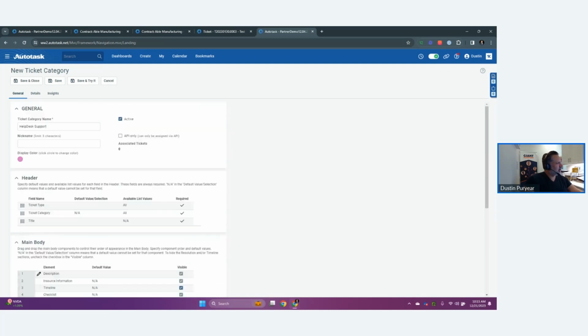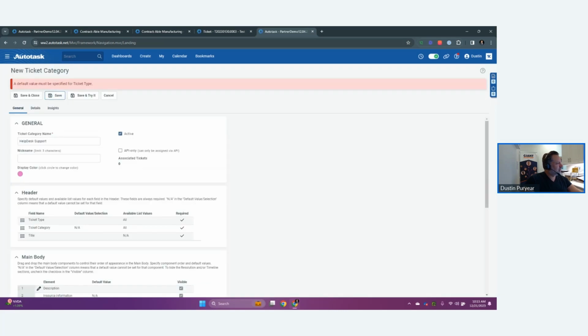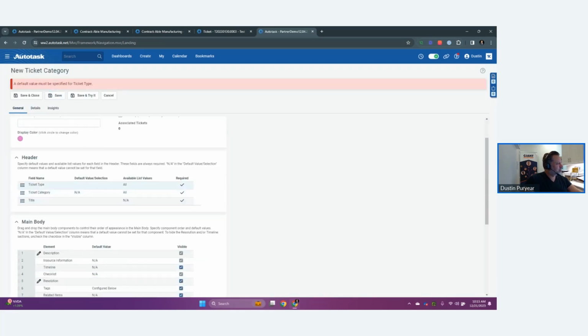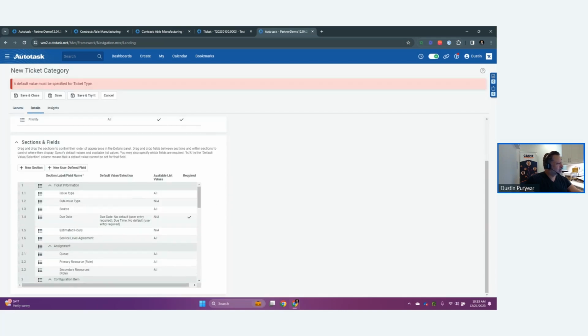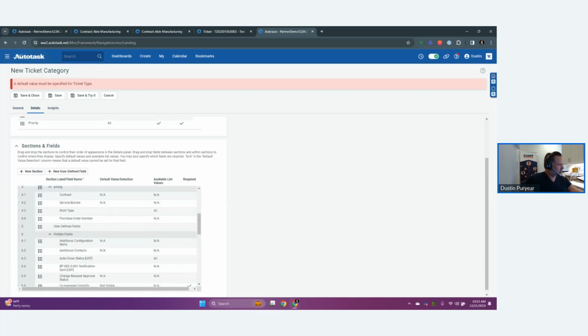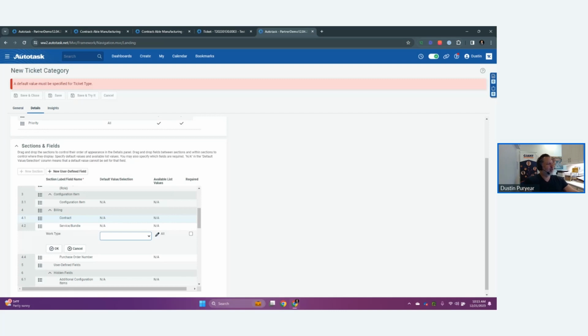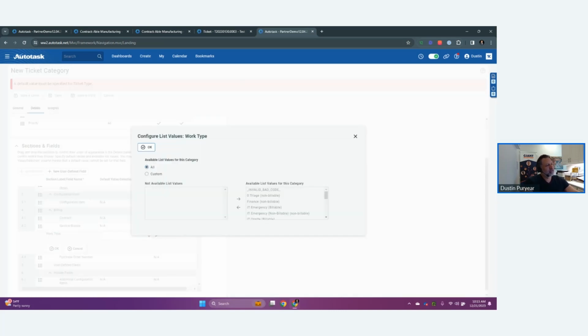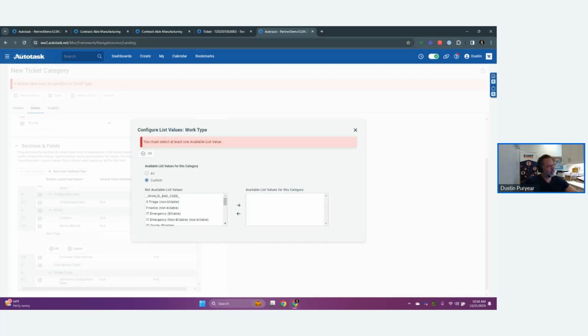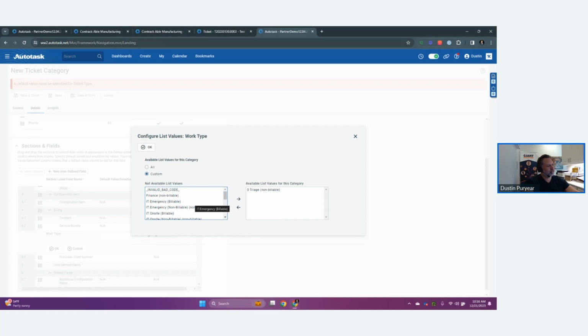And then the next thing that we want to do here is a default value for ticket type. Okay. And then let's go to details here. Now here's the big one. So we want to go find work type. Now let's say that for your help desk, you never want them to accidentally bill projects, right? You don't want them to just lazily choose something, right? And so make it where that's not possible. You only want help desk to be able to triage tickets, to do emergency support, to do on-site support,